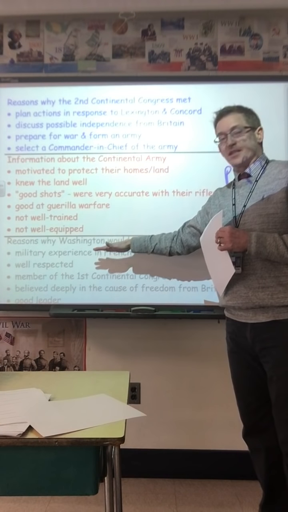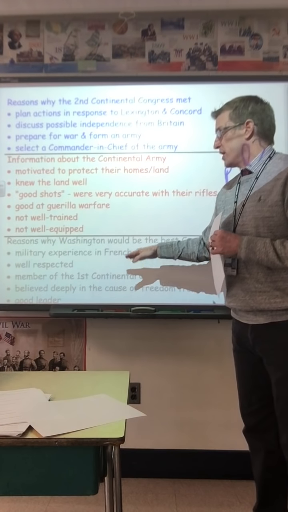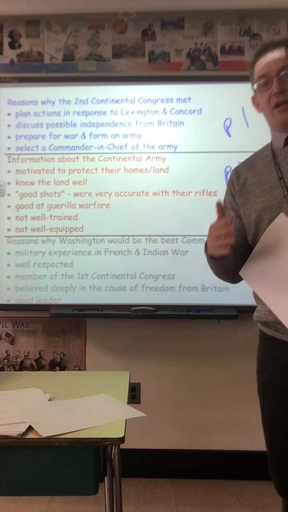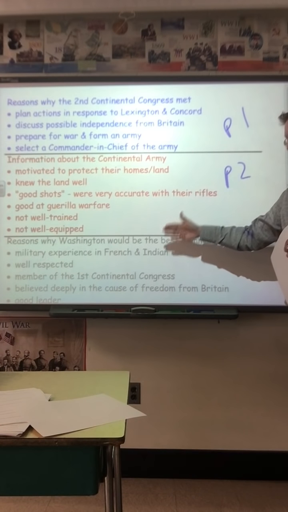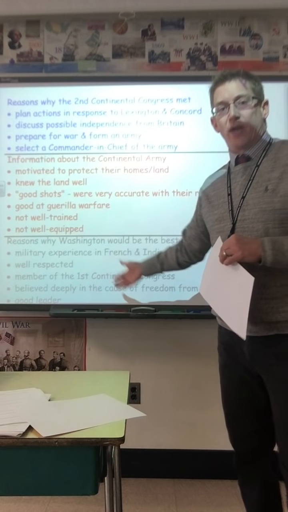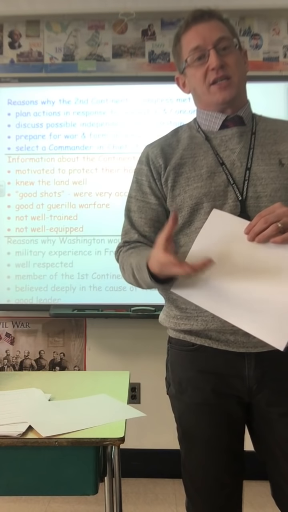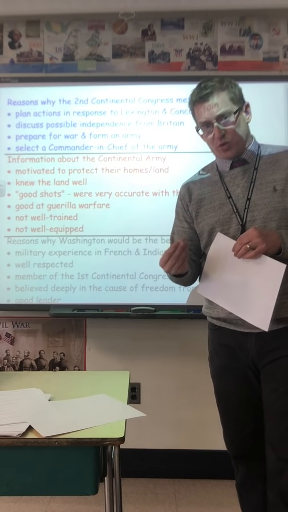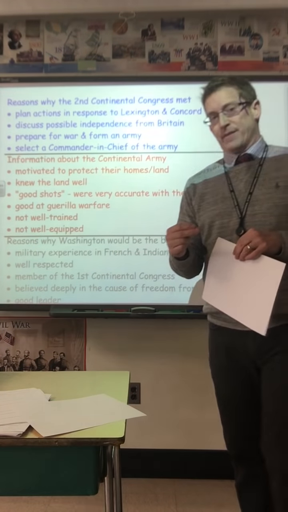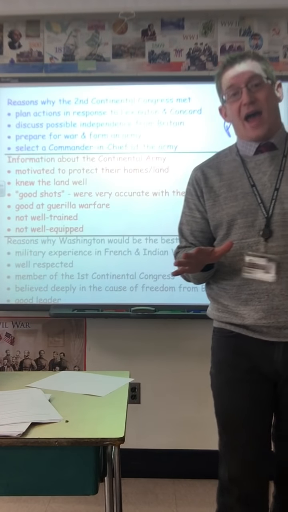After you've done that, you'll then skip a line and then go into the 3rd paragraph. And in that 3rd paragraph, you're going to tell him, here's why we think, George Washington, you would be the best leader of the Continental Army. And you can say, we love the fact that you have military experience, that you're very well respected, so on and so forth. And you'll do that as well. So I would say each of these paragraphs need to be at least 3 to 4 sentences. And it needs to be a letter where you're trying to persuade or convince George Washington to be the commander-in-chief of the Army.